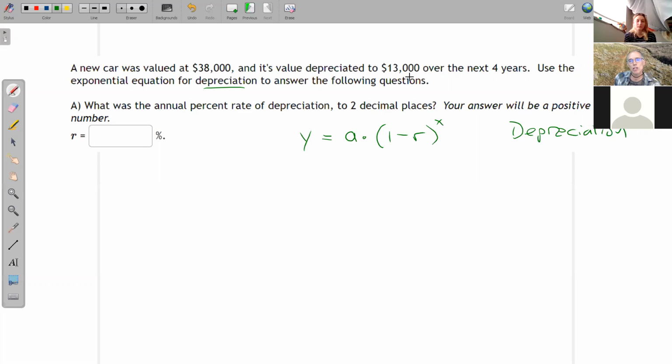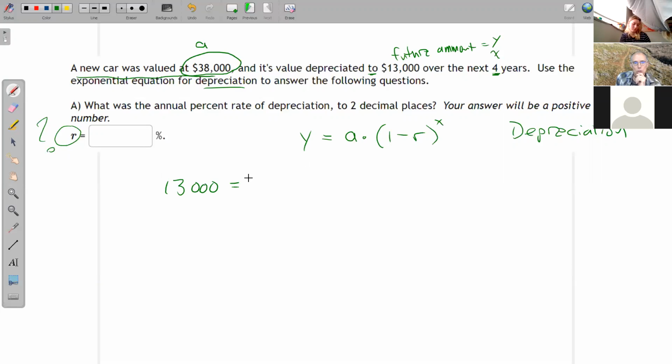Now they didn't give me the rate, but they did give me what the new car was valued at. So that's my a. They're giving me 4 years later, that would be an x. They're telling me down here to find r. So the $13,000 it depreciated to is just a future amount, which is a y value. Okay, so I believe the 13,000 is the y, some future value of the car. So plugging those things in, I get